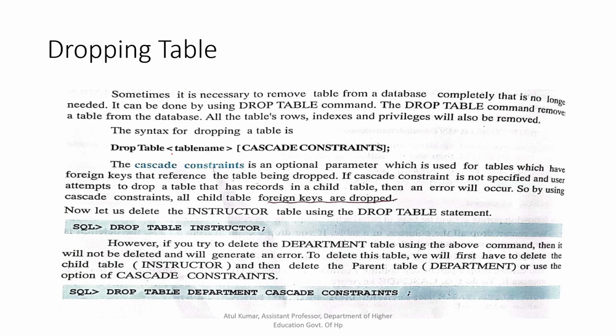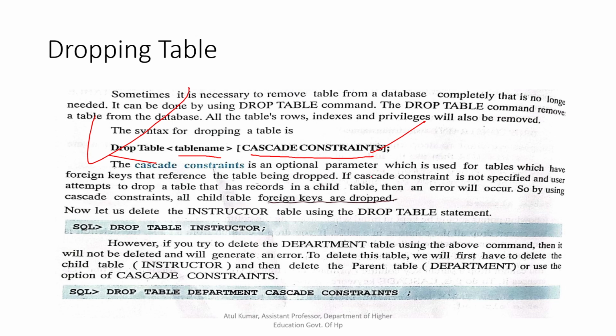So for example, if we want to drop a table, the command is drop table, then the name of the table we want to drop, and here cascade constraint is basically optional. This one is used if we have a parent child relationship between the tables.